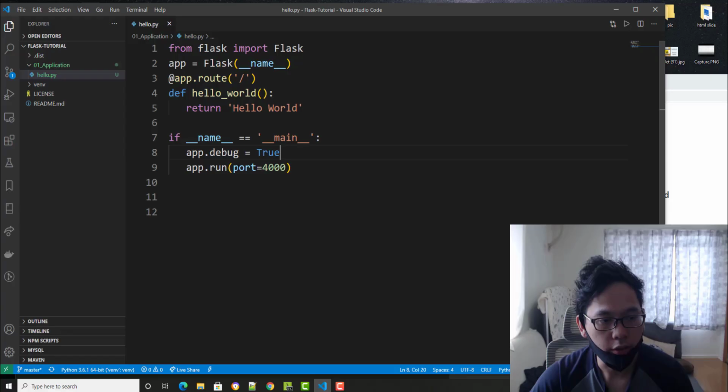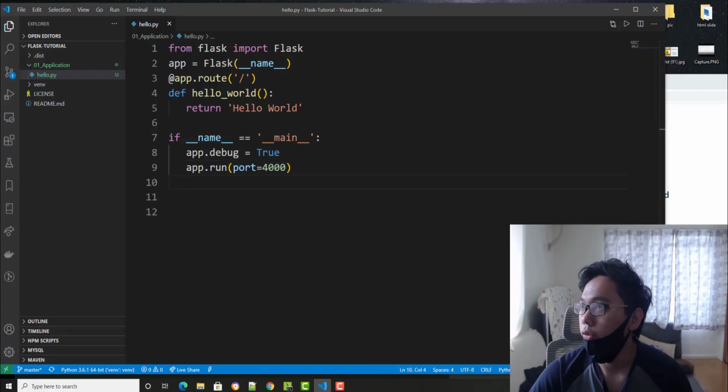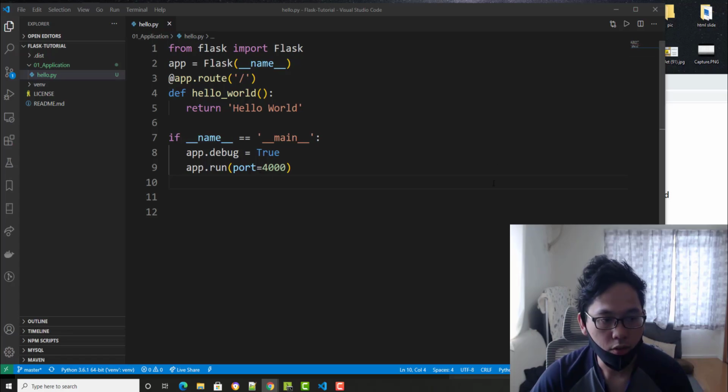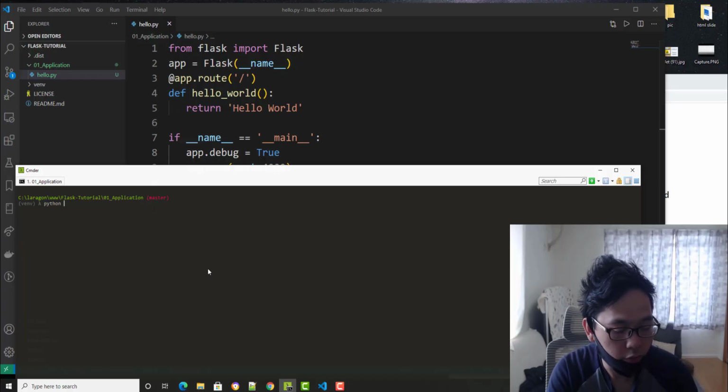So on app.run in the normal way, you can do it like that, but you can specify the port number. It's optional, right? So port number, debug option, something like that. You can do that on Flask. So I'm gonna set the port number equal to 4000, and how to run your Flask program is so easy, like python hello.py.